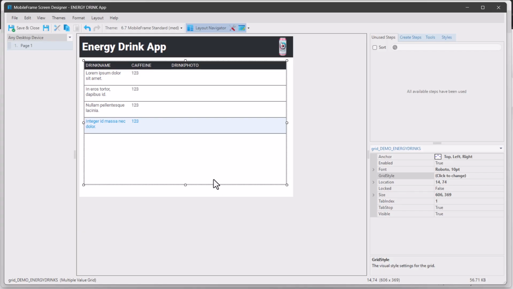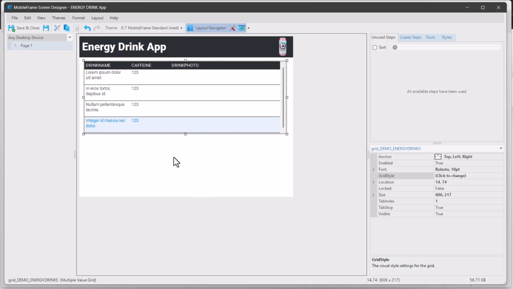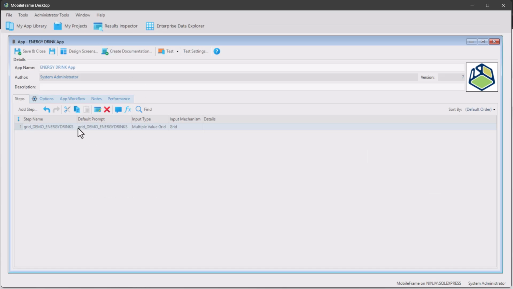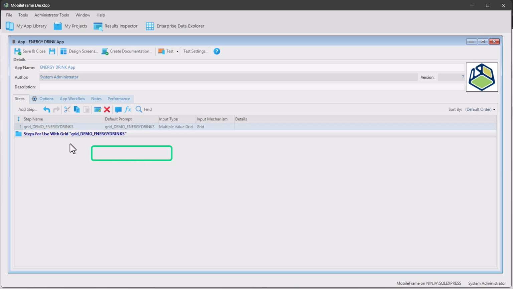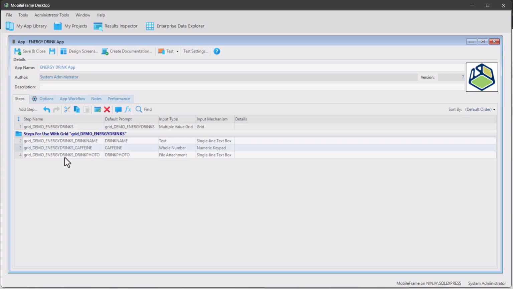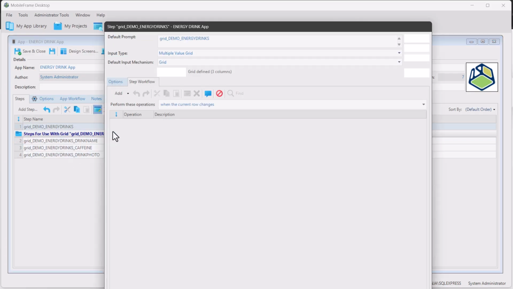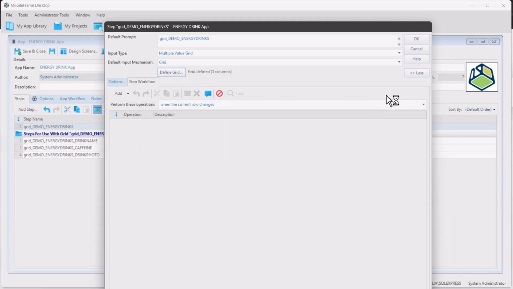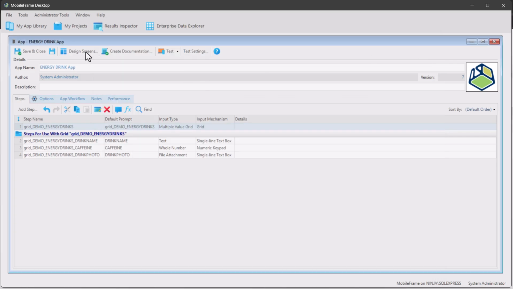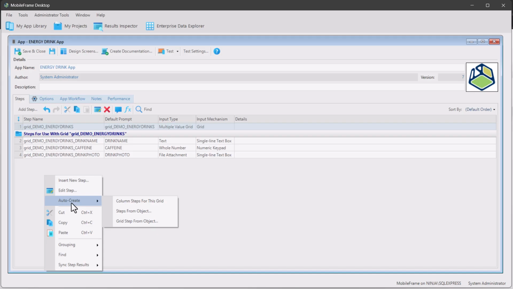And in fact, I'm going to show you one extra little tip here as well. If you did create the grid, you can actually right click and then go to auto create. And then I can say column steps for this grid. So what this will do is actually create steps directly from the columns that you've identified in your grid. So very simple. Again, we're just going to go inside the MobileFrame app, right click, auto create, and then